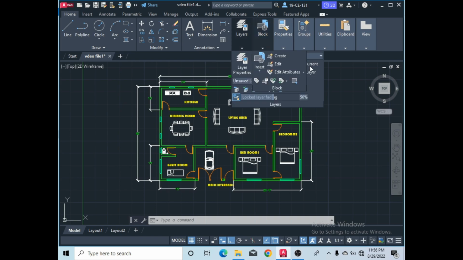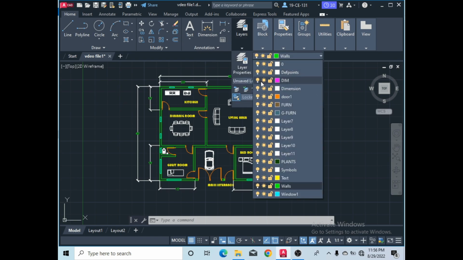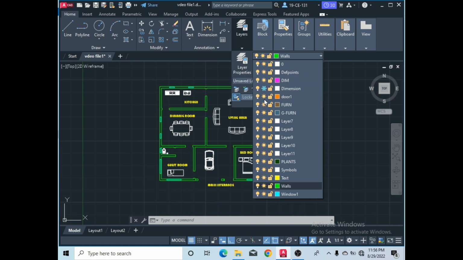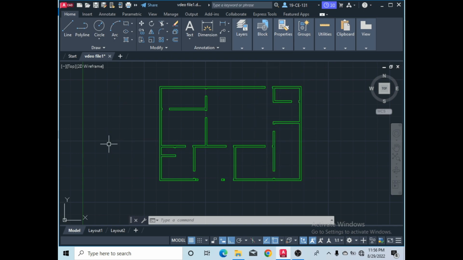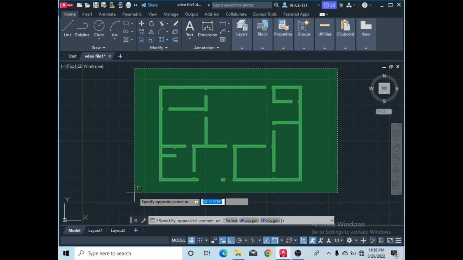After that, turn off all the layers: make this dimension layer invisible, then the door layers, and after that come here, symbol and text should also be off, windows should also be off. Now you can see only the wall is visible. After that, select all your walls and